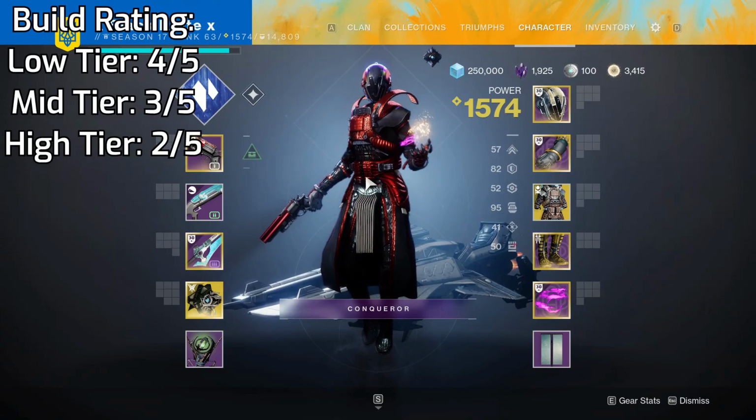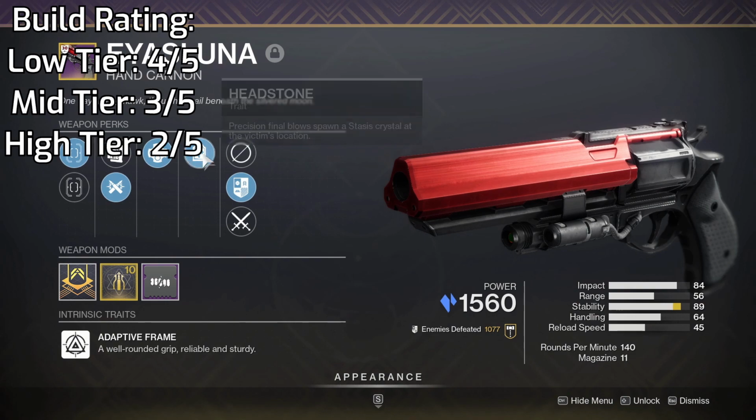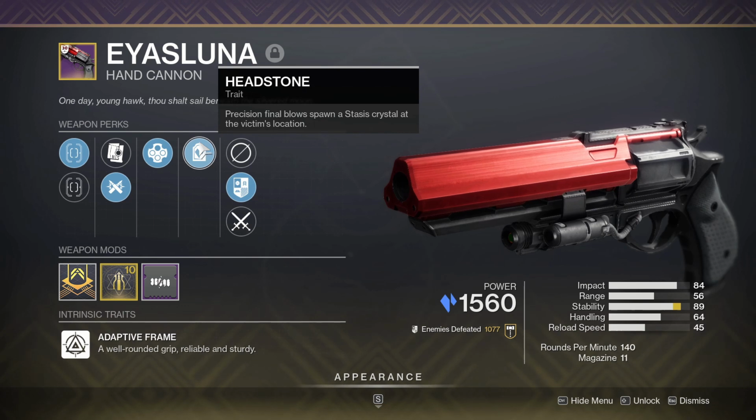This build's not exceptionally powerful, but it is quite fun to play around with, so I won't waste your time. It all revolves around Headstone, and more specifically a weird property that stasis crystals have. You see, stasis crystals will actually act as what summoned them. So basically, if you summon a stasis crystal with a weapon in any way in particular, it will act as